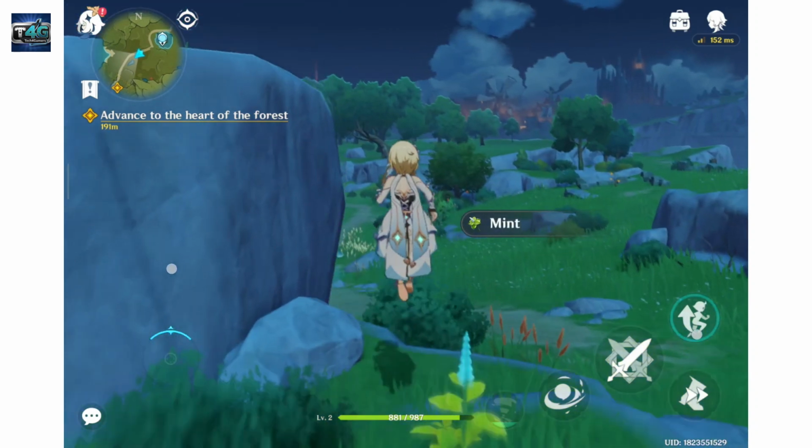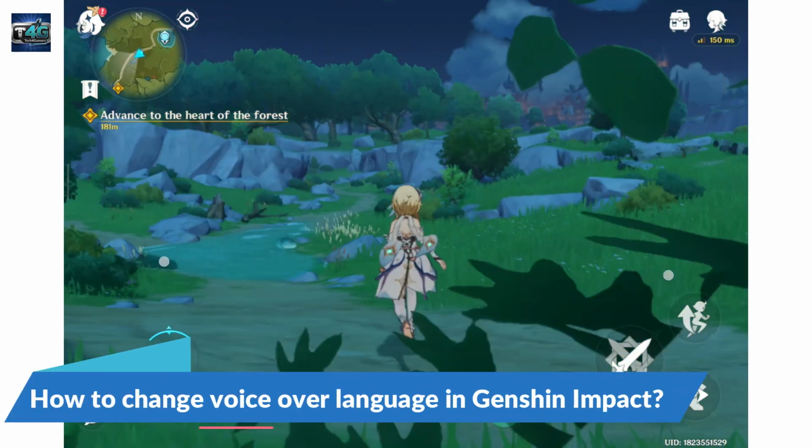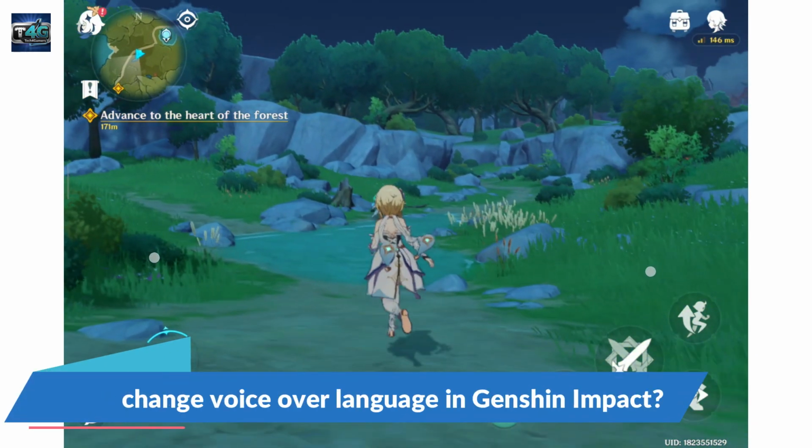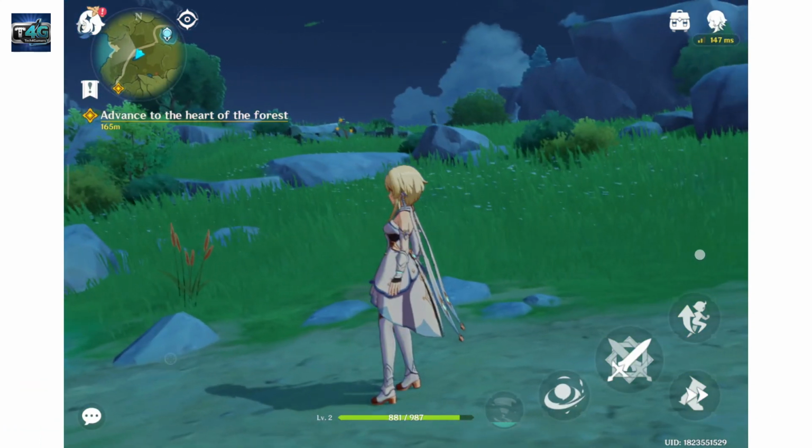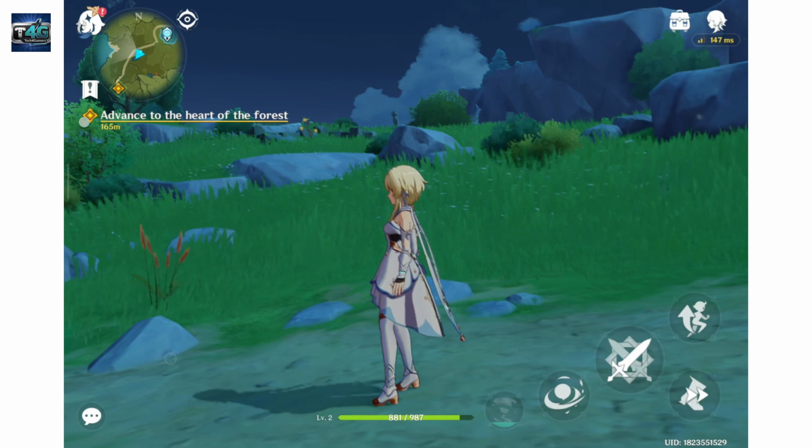Today I'm going to be guiding you through how you can easily change your voiceover language in Genshin Impact. To change the voiceover language in Genshin Impact, first of all, make sure to open your Genshin Impact application